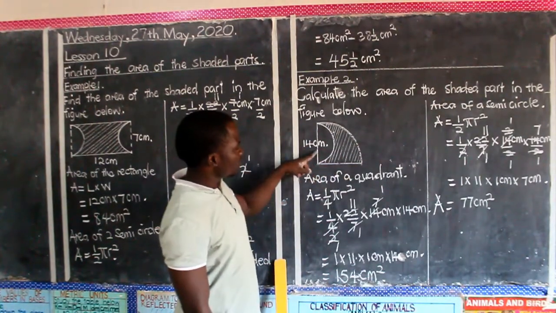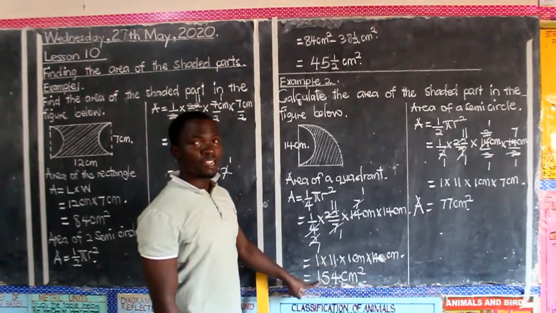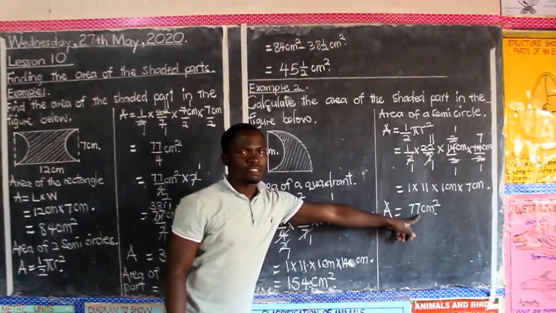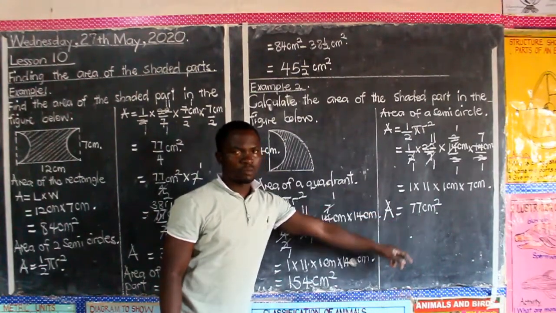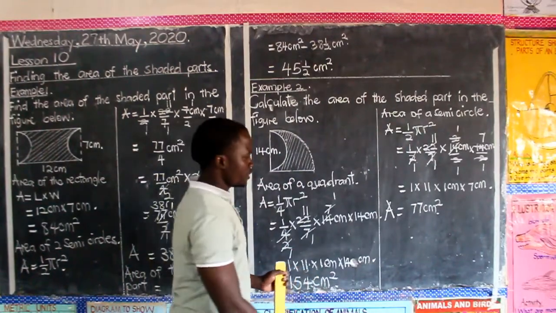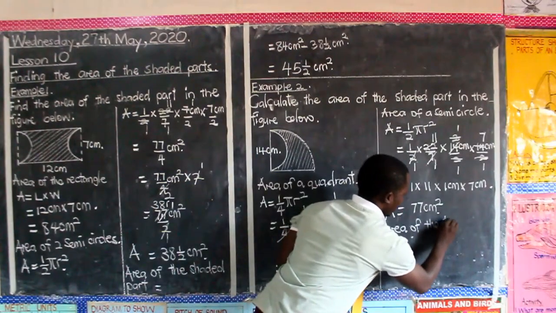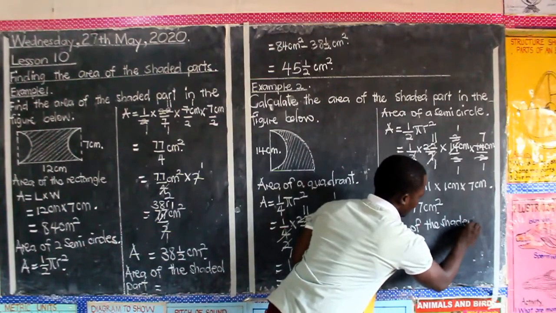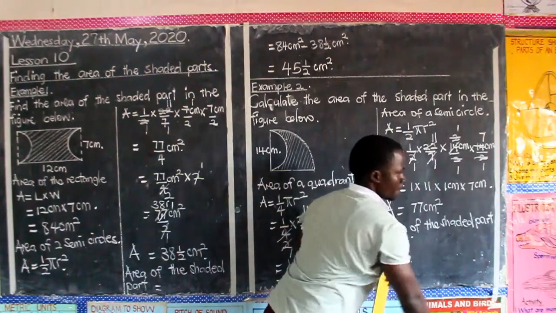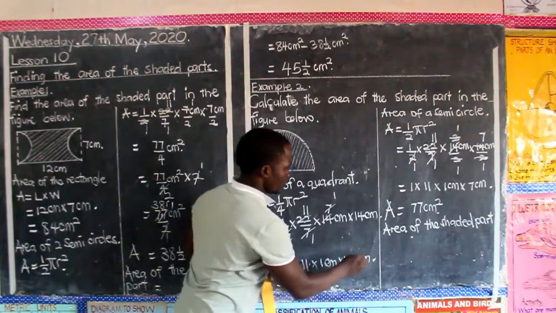And the area of the outer figure is 154. The area of the inner figure is 77 square centimeters. So we are going to subtract to get the area of the shaded part equals